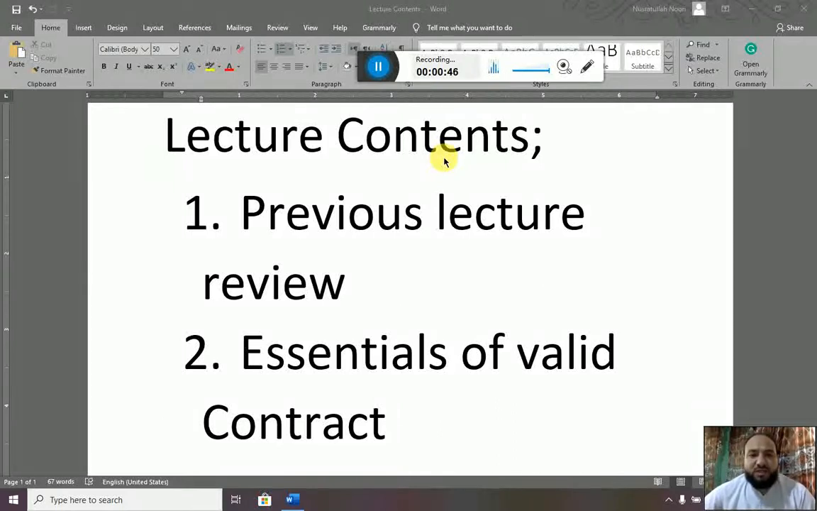So inshallah, in today's lecture we will once again have a previous lecture's review, and then we'll mainly discuss our new topic, which is essentials of a valid contract. So let's go and discuss